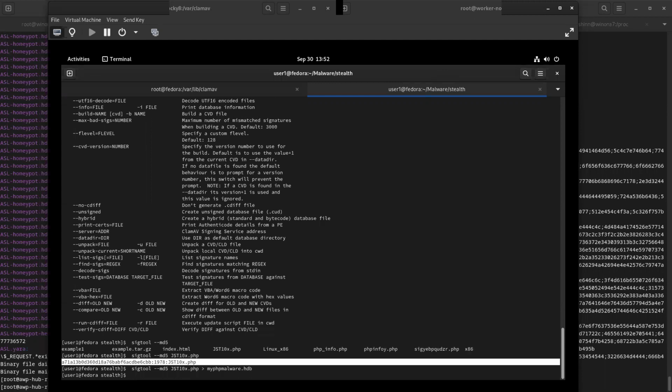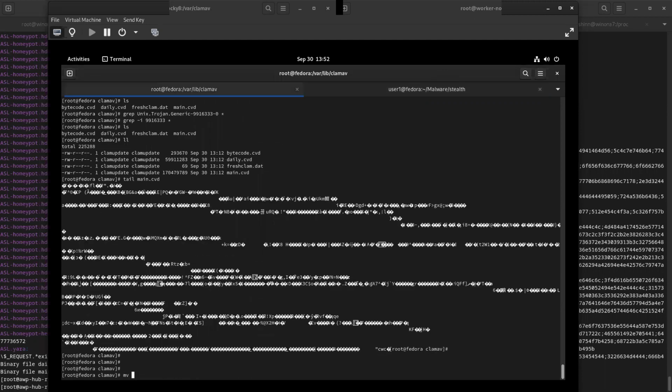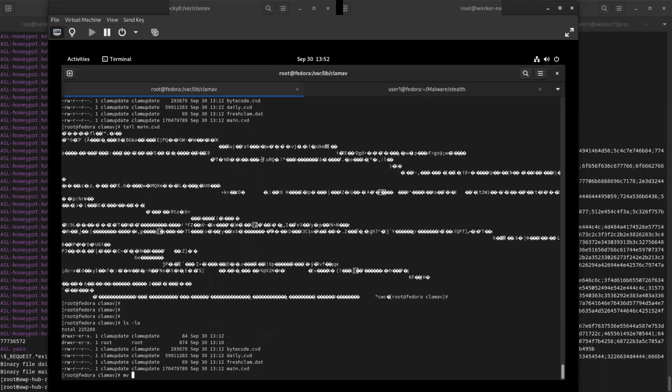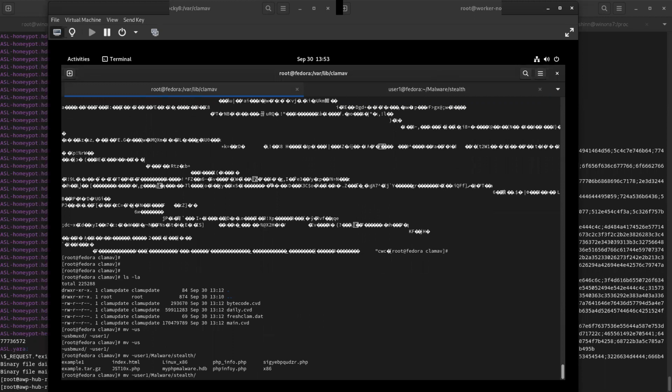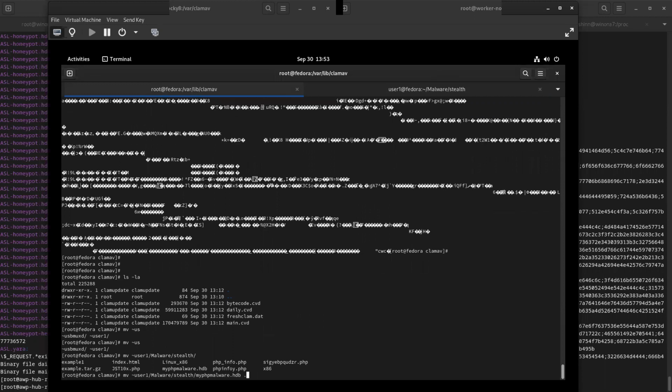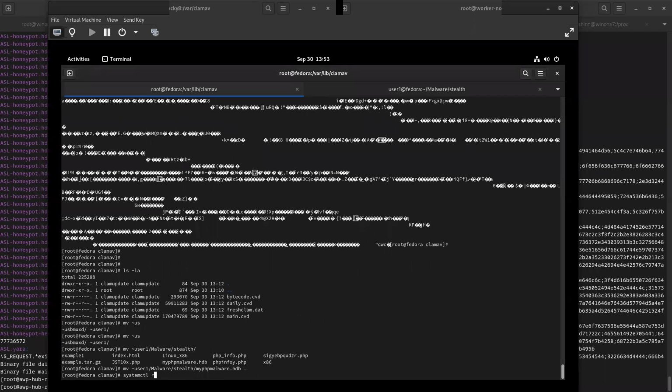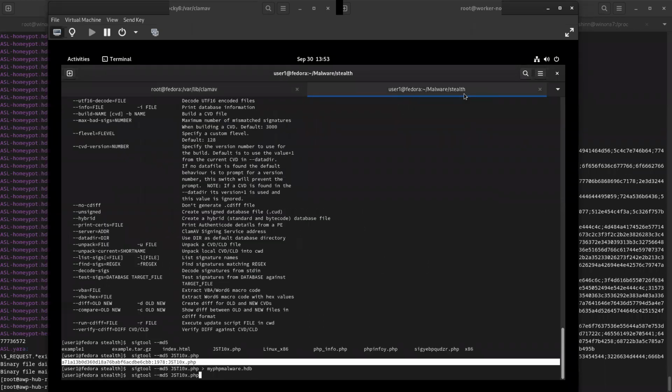So I put that in the hash database, and I just move it into this directory. I'm going to use user one. I don't even have to restart it. I can just run clamscan on this guy again.